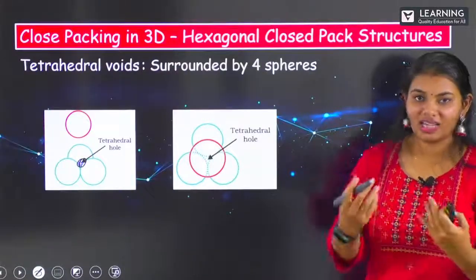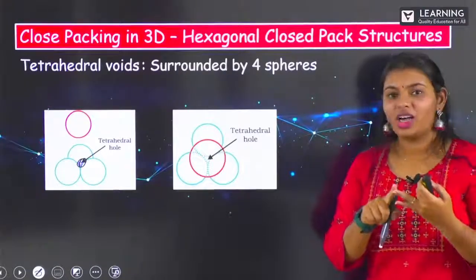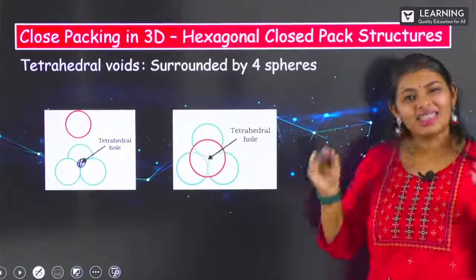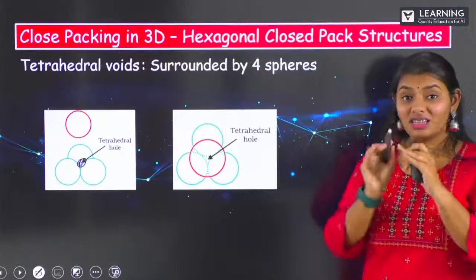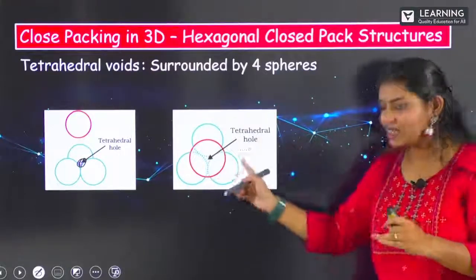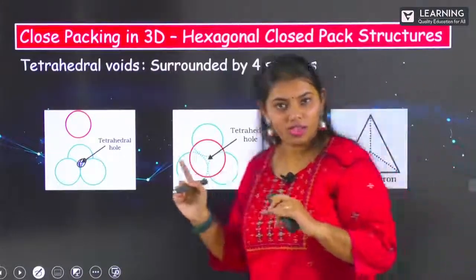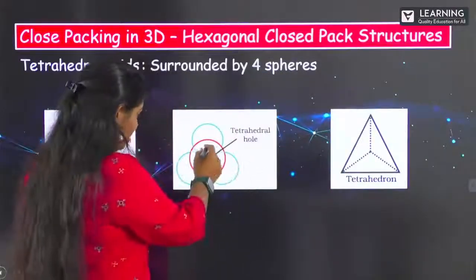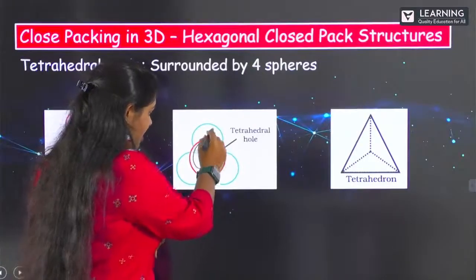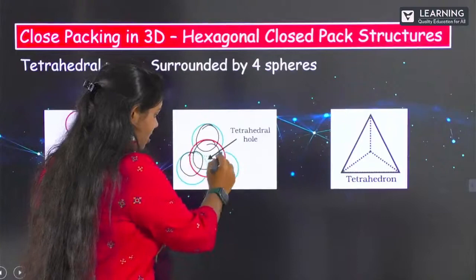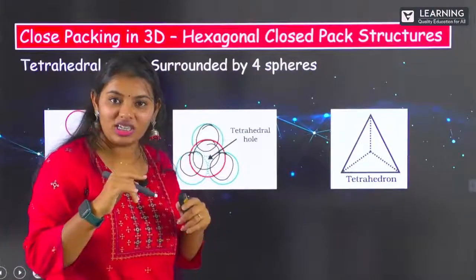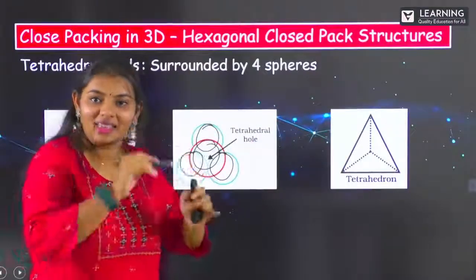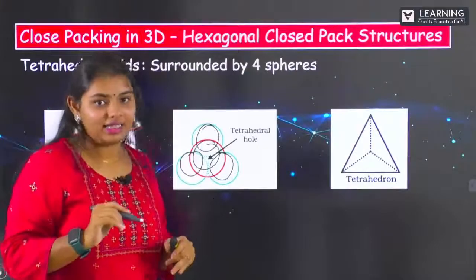Now, why is it called as tetrahedral void? We understood now how to recognize a void. First thing, after that we understood how can we tell which is a tetrahedral void, because it is surrounded by 4 spheres. Why is it exactly called as tetrahedral? Why is the name tetrahedral coming? If we clearly observe this picture, here you can see the formation, what is happening here, right? Between this and these two, the arrangement what is happening, it is in the form of tetrahedron. That is the reason the void which is formed over there in that particular region is called a tetrahedral void.